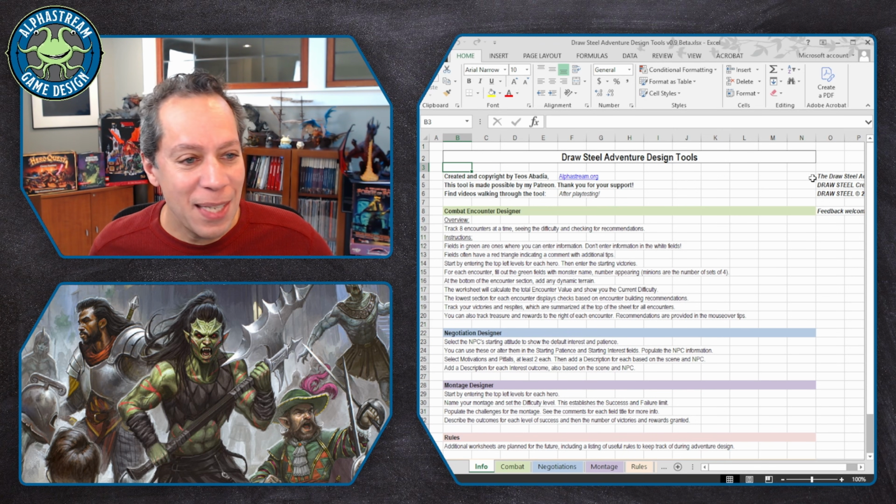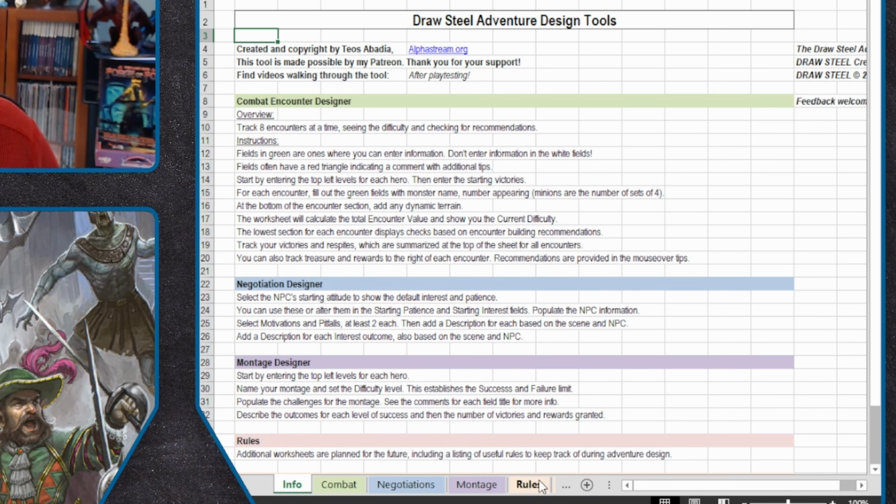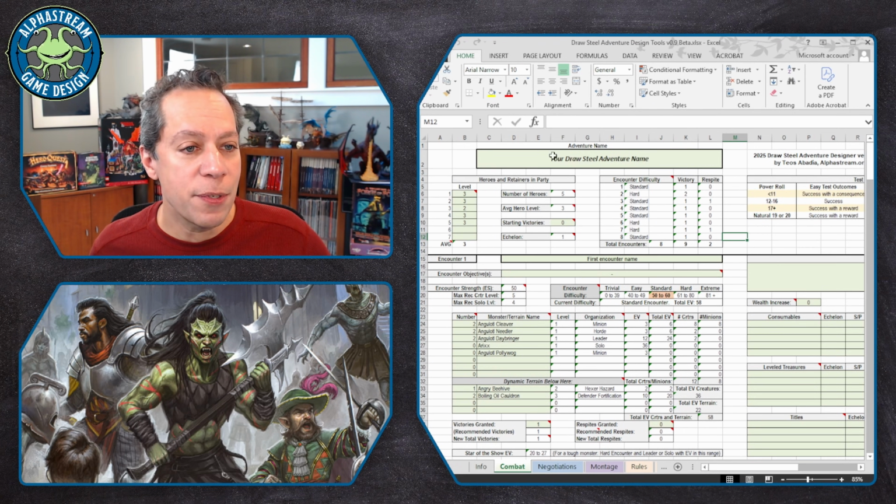You see here the license information, the copyright information, and then you get some information on using the tool. I'm going to go over it, so I won't read this out to you. And then you're going to see at the bottom a series of color-coded tabs or worksheets. And this includes, if you go to combat, you will see the encounter creator, and you will see some general